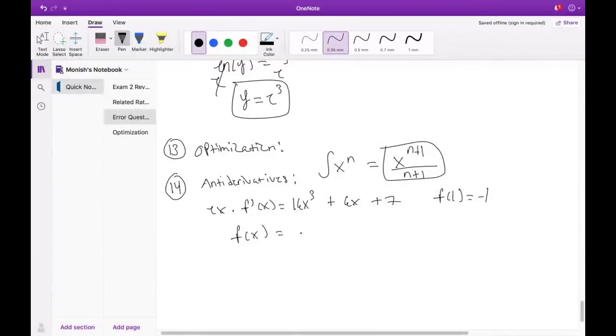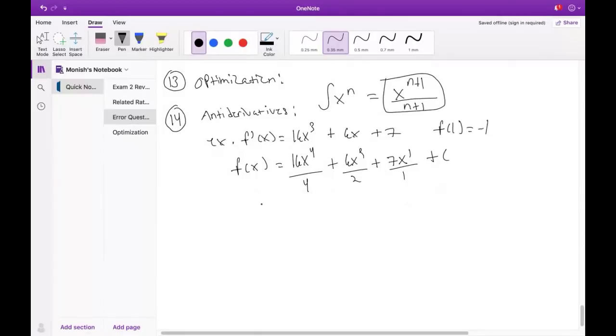So 16x to the 4th divided by 4. 6x squared divided by 2. 7, and then x to the power of 1 divided by 1, basically. And then you have to include plus c always when you integrate. Okay, because c is a constant when you took the derivative. If you think about it, when I took the derivative of this, the c got lost at 0. Okay, so